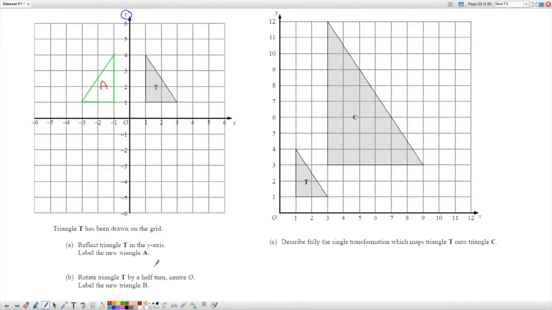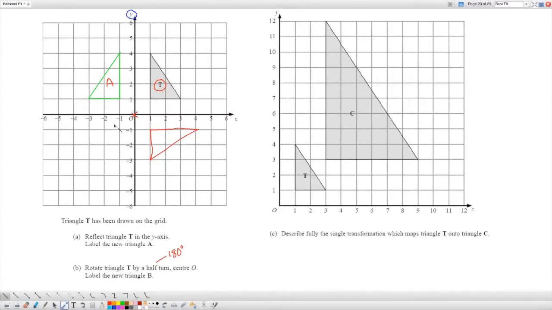Then we have to rotate the triangle T, so this is back to our original triangle, by half a turn, 180 degrees, center 0. Here, that's where you're going to put your pencil point as you turn. The easiest thing is to take some tracing paper, trace over T, then put a sharp point to your pencil here, and then turn. You're going to turn it once to 90, which will leave your triangle here. I'll just do a quick sketch of it. That's to 90. Turning it again, you're going to have your triangle down here